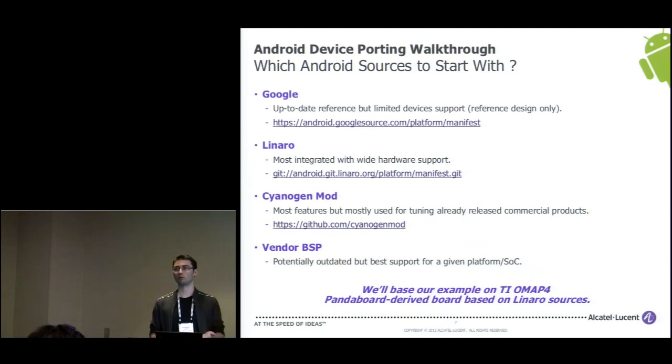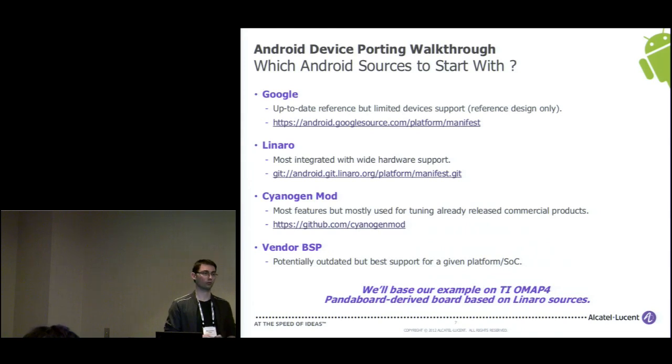Also, you can use the Linaro AOSP, which is a ripped version from Google that is much more integrated. The Linaro guys did a really huge job on that. We will see the pros after that, but it also has much wider support than what Google provides. You can also use the AOSP version from CyanogenMod, which is also a ripped-off version from Google, but which is mostly done to support devices that already exist as commercial products. If you want to design your new product, I would recommend using Linaro rather than Cyanogen.